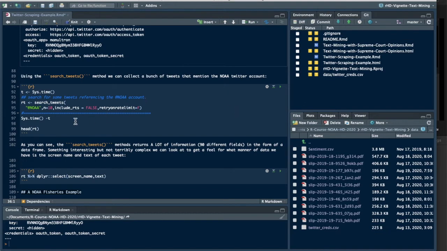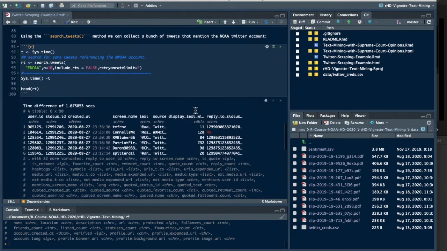And there's a really simple method for getting tweets, and it's search_tweets from the rtweet package. Using search_tweets, you can pass it a search term. In this case, as an example, I've passed it the @Noaa Twitter account, and I've just asked for 10 results. I've asked it to exclude retweets,